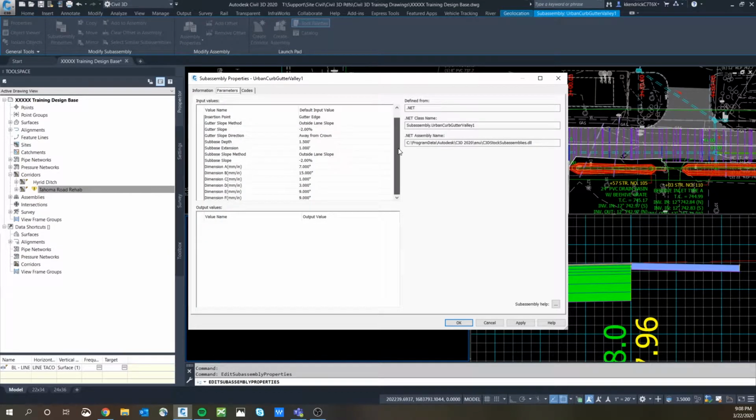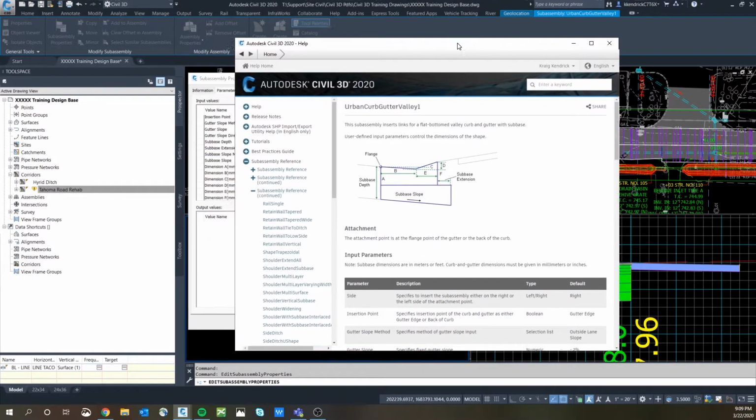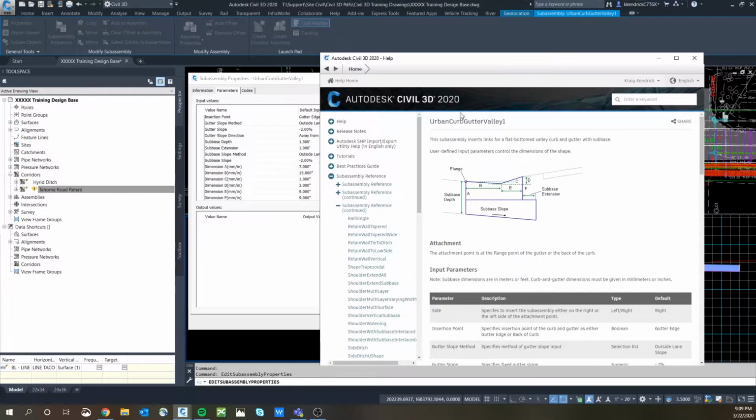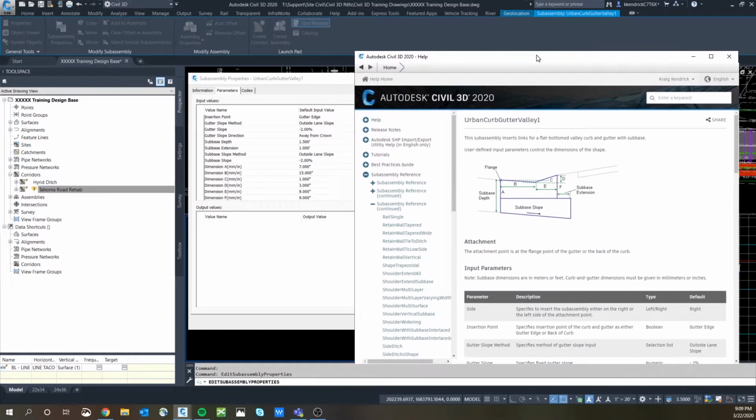But it doesn't really tell you, it just tells you dimension A, B, C, D, E, which would be nice if they did it a different way. But no, you don't really know what that is going to be referencing. B tells you what A is, what E is, all the way around, gives you the different sub-base slope, sub-base